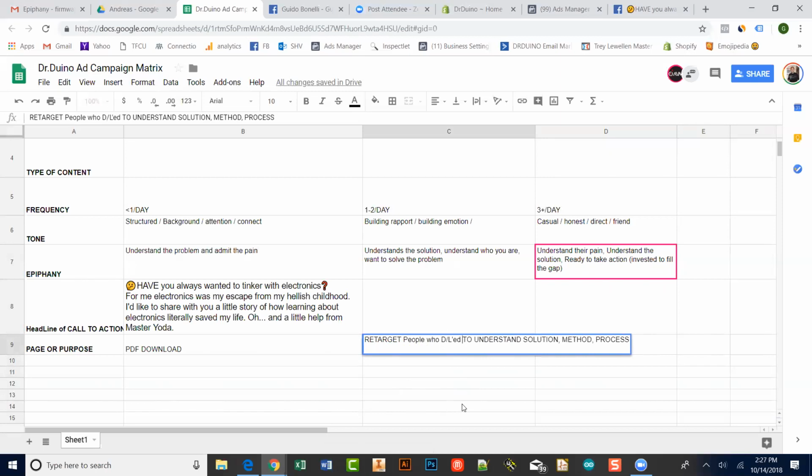I was just thinking about the last word, the master part. If I'm at the top of the funnel and I want to tinker with electronics, do I care to become an Arduino master? I guess if I understand what an Arduino is, and I understand that it's like a life or death situation for me to know Arduino, then yeah, for sure I would want to become a master. So I think the key is if you can get them to